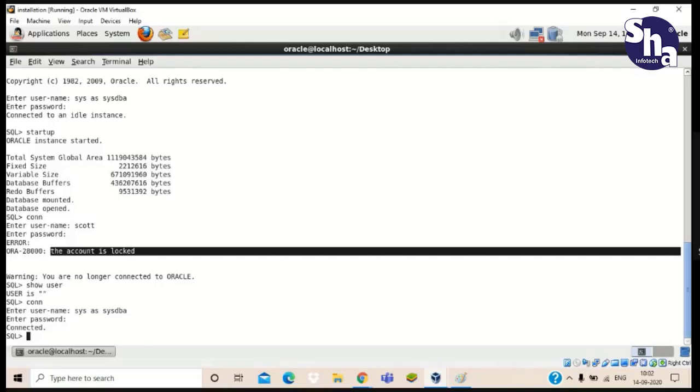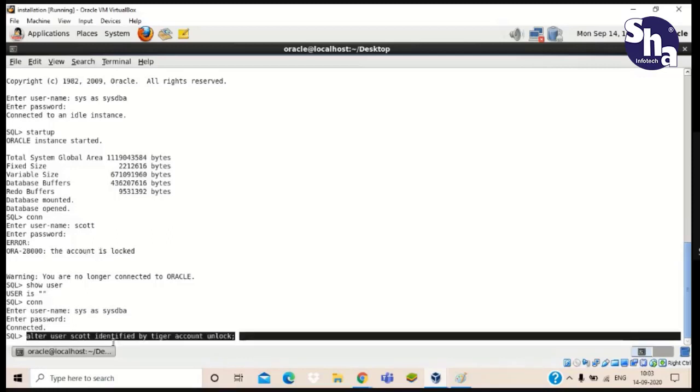For unlocking it, we use the command alter user. Alter user, then the username is Scott identified by, we have to give the password, that is Tiger. Then give account unlock, and after that just give a semicolon. So this is our command for unlocking the Scott user.